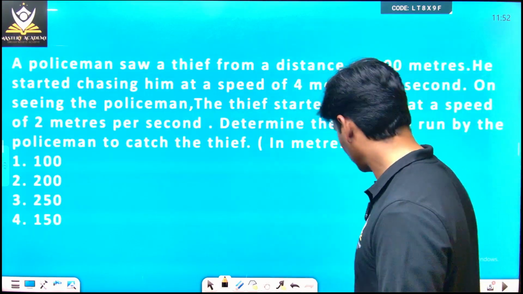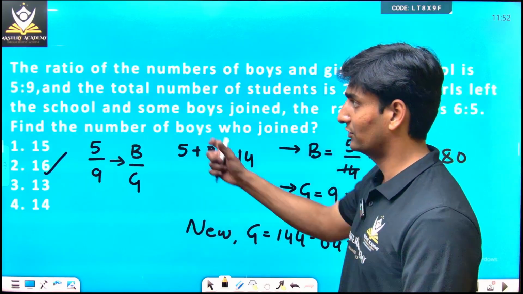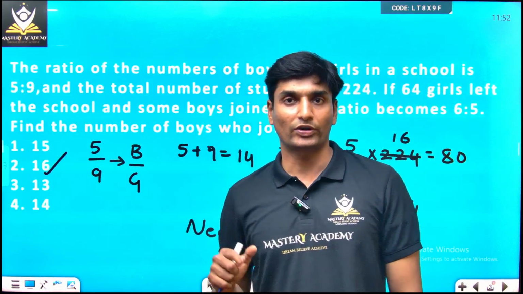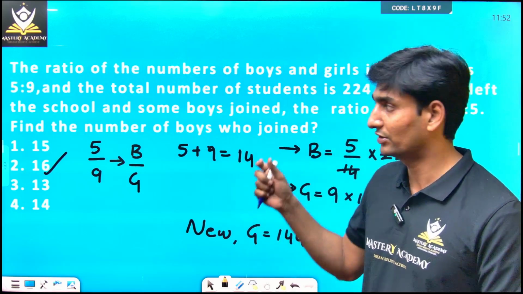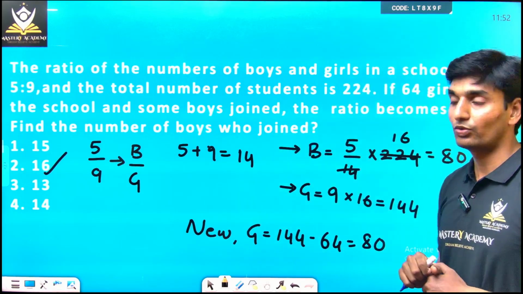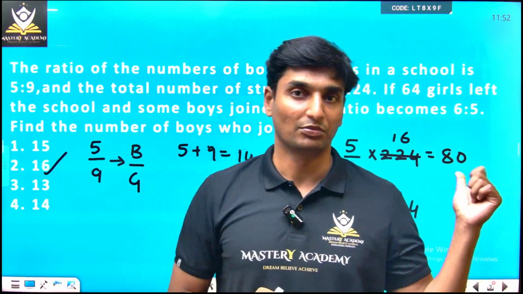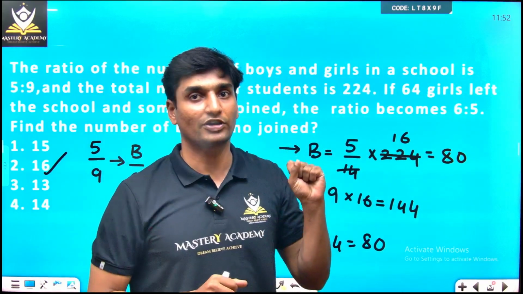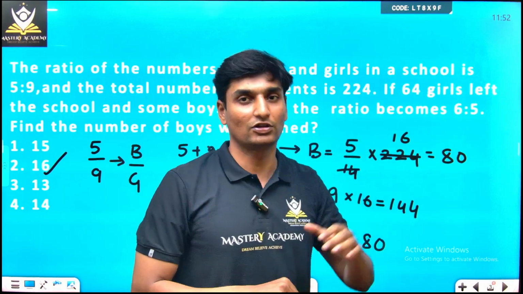Now one more important thing that I would like to point out here. One of the students had asked us this particular question. Sir, what would happen if the total number of students, which has been mentioned in the question as 224, wouldn't have been mentioned? If 224 was not given, if this new ratio was not given, if the number of girls was not given,